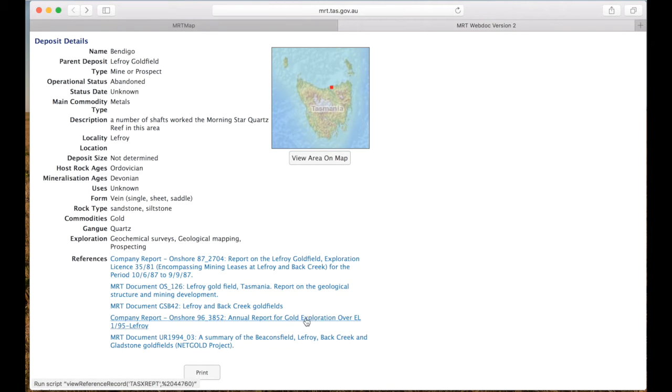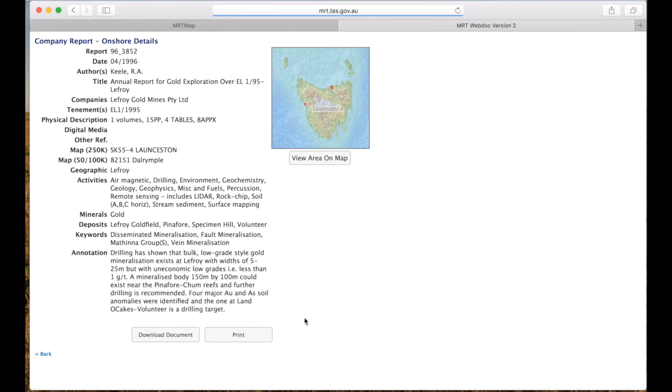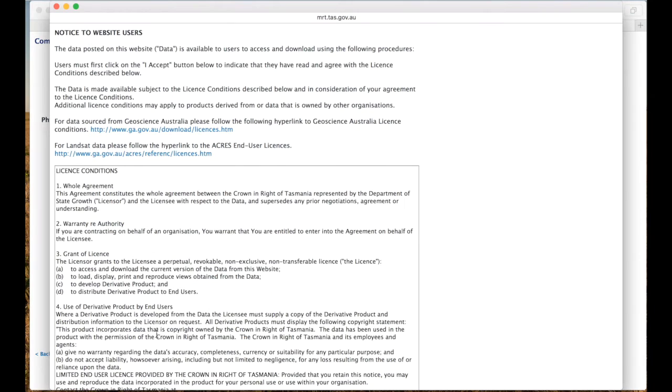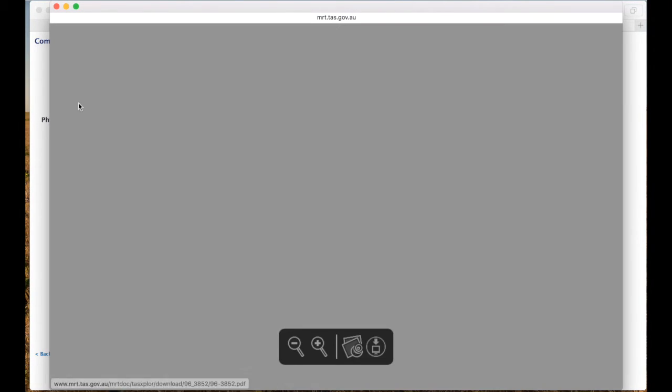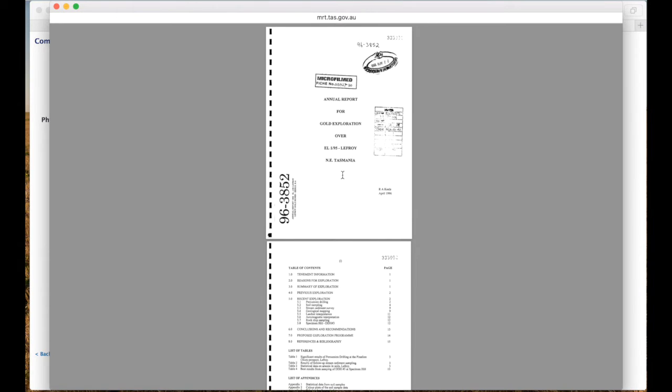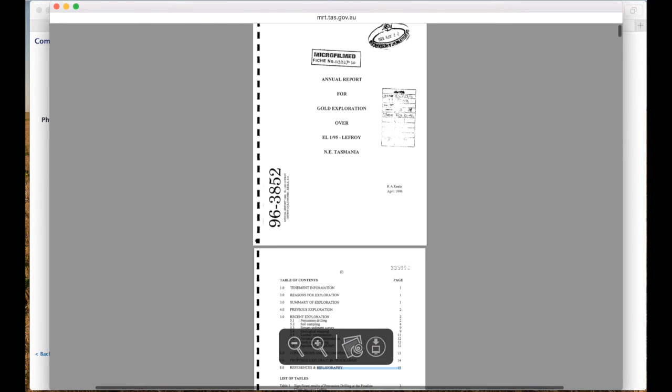Something like this should be a bit shorter, so we can click on this one and we go through the same process: summary of the document, accepting the terms and conditions, and downloading the document. This shouldn't take us long. Famous last words. There we go. So now we can look at this particular report for, let's blow it up a little bit,